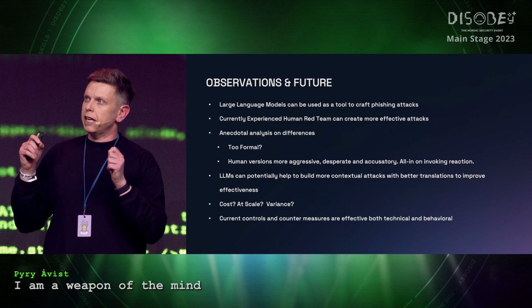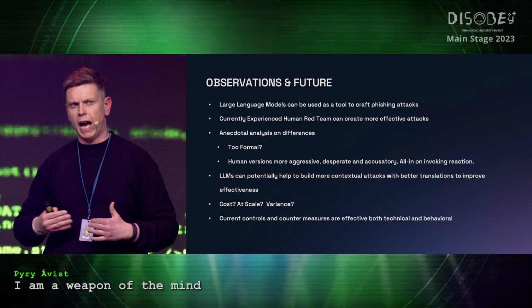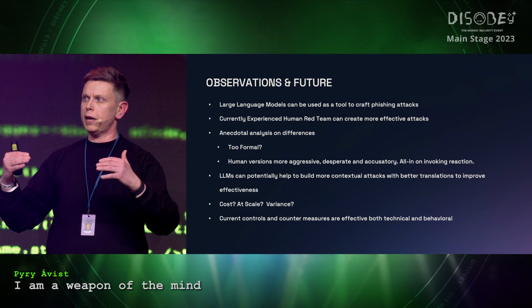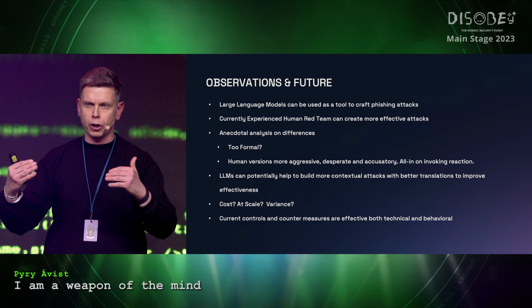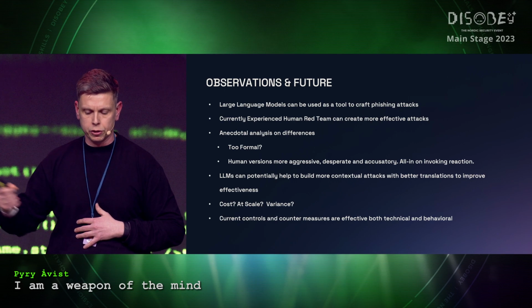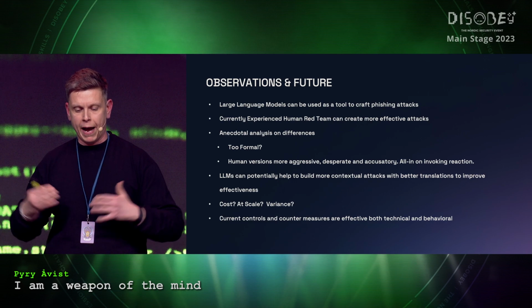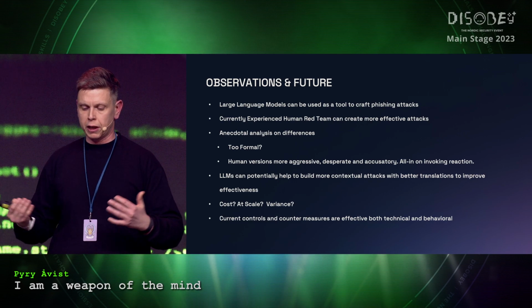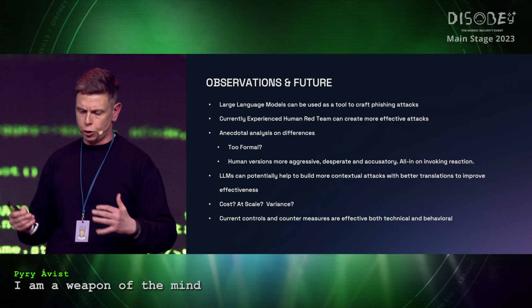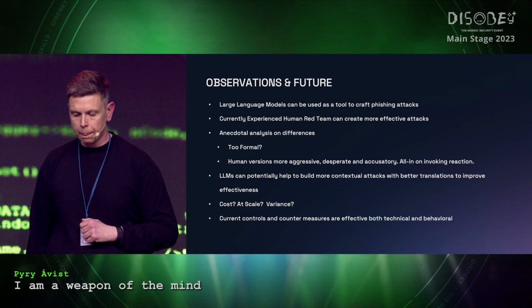And these models are trying to mimic human behavior. So the technical layer, the filtering solutions we have in place, and the behavior change programs we have in place, they actually work against this stuff. We, of course, need to look at them, train them, make them better, but in my mind, you can adapt to them. So it isn't a fundamental shift that everyone should be panicking about. Just doing the things that you have done, if you have proper controls and defenses, will help you against this kind of wave if it's to happen.